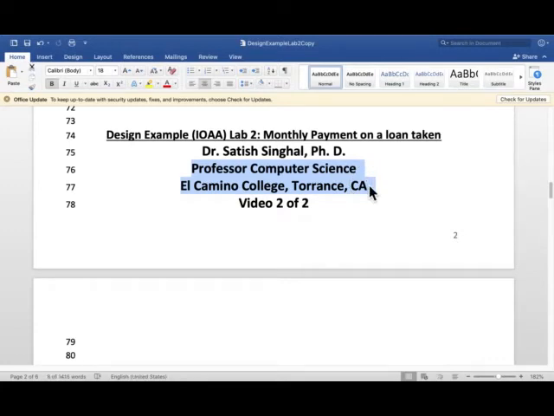Now I'm in the second part of design example lab 2 on monthly payment on a loan taken, video 2 of 2. In this one we're just going to take a line of algorithm and go to our compiler and show you how line by line we can convert our algorithm to source code. The better the quality of the algorithm, the better the quality of our source code would be. Algorithm is the foundational document for the source code,